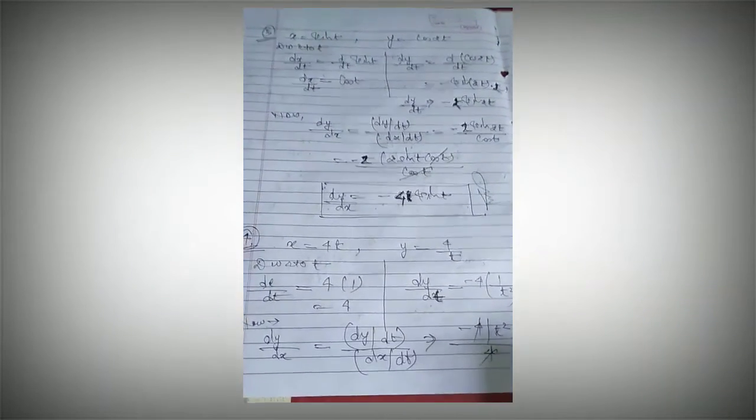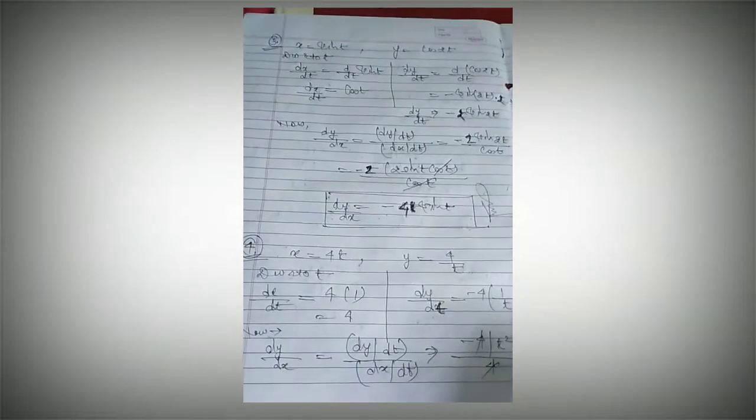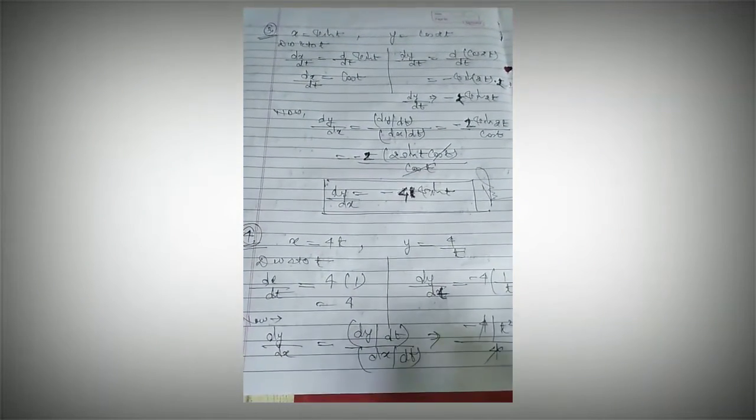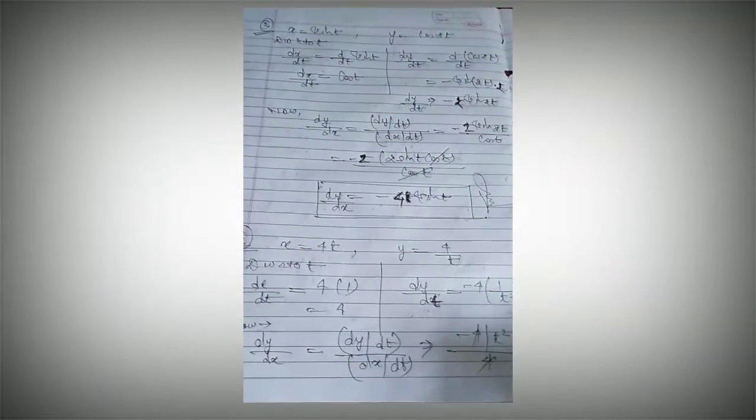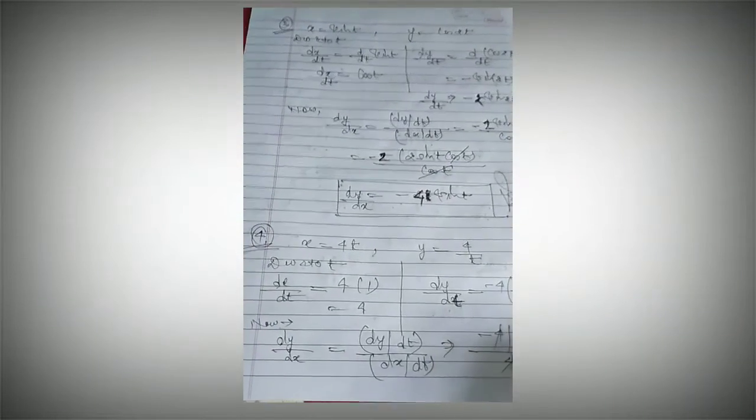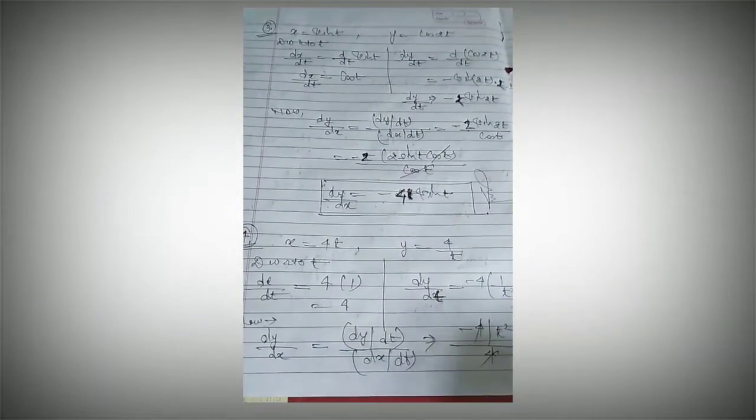Do you know d by dx of x? As I told you in class 11th also, d by dx of x is 1. D by dx of root x, I had also told you that you have to learn it. But you should know where it has come from. Do you remember the value of d by dx of the square root of x? I told you it is 1 upon 2 root x. That also you have to learn.